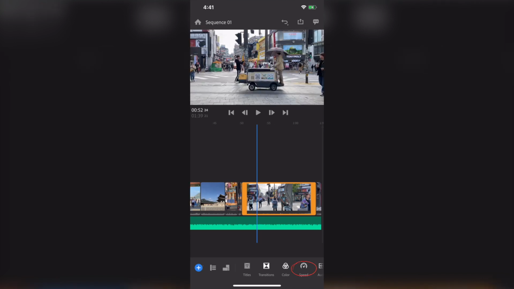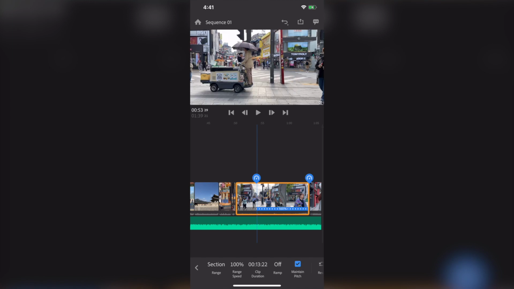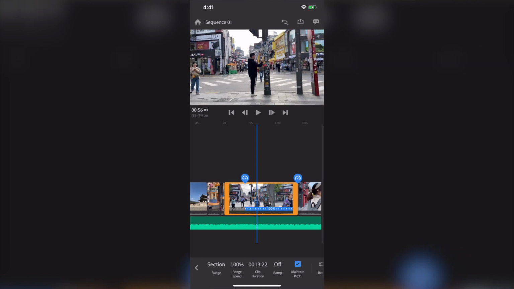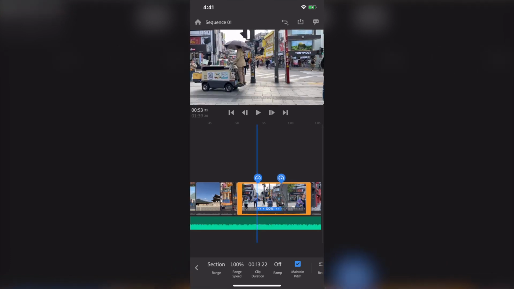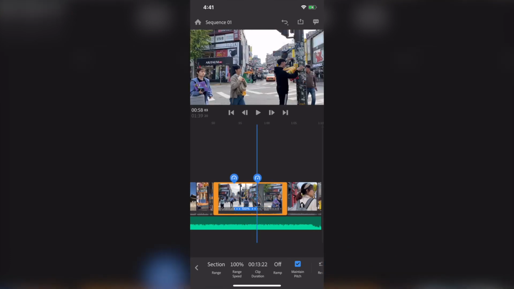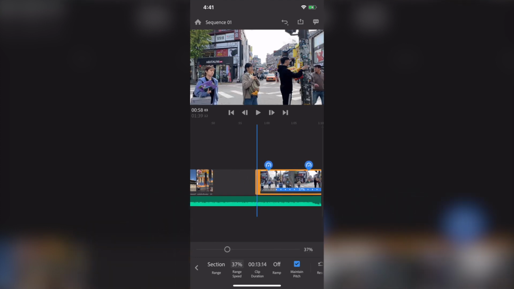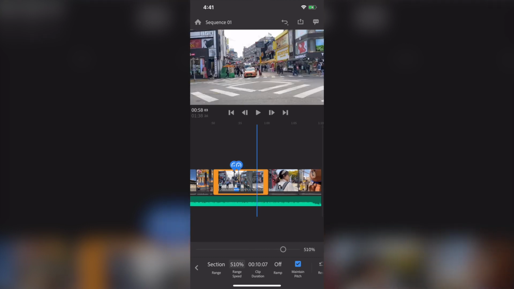So for the speed ramp, just click on the video and go to speed, and you can see up here, you can adjust the range. For example, you track it somewhere here, to the left and the right, and 100%. Actually, you can move it, drag it down so it's lower. It's up to you. So now the video is going to be faster because I increased it up to 510,